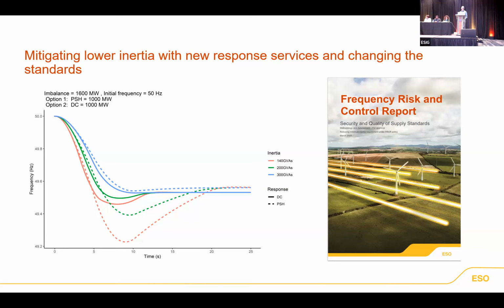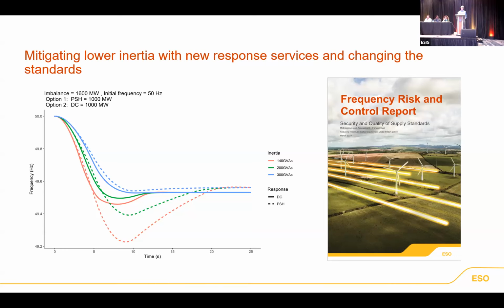do historically. So the graphs here, you can see the dotted line is just using our normal primary, secondary, and high response. That delivers primary within 10 seconds. You can see the impact on the solid lines, using the dynamic containment where it delivers all of its output in a second, that actually you don't get the fall in frequency. The frequency is arrested very quickly and comes back to a very stable position extremely fast. And you can see that happens at all those different inertia levels, that the performance of dynamic containment, I think, far exceeded anything that we ever modeled in the system.